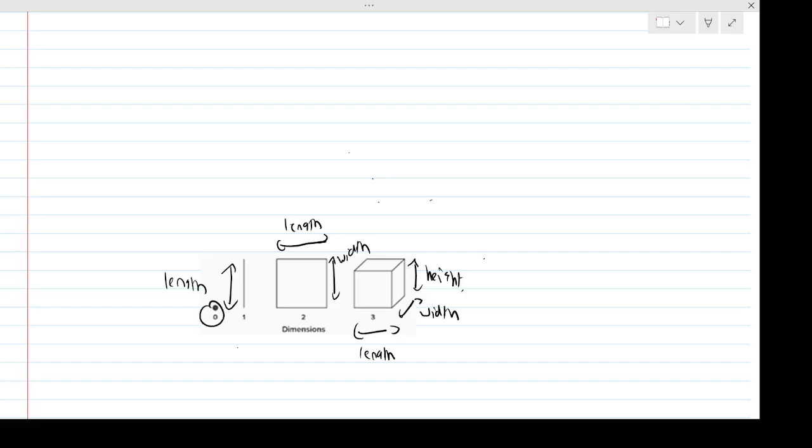So no dimensions, there's no length, there's nothing there, it's just a single point. Then in one dimension, it's just a line, so that just has length, the side of the line. Then in two dimensions we have length and a width, like a square or rectangle. And then in 3D we have three different sizes, right? Length, width, height, and that would be, for example, a cube or cuboid, right? Okay, so with that in mind, then